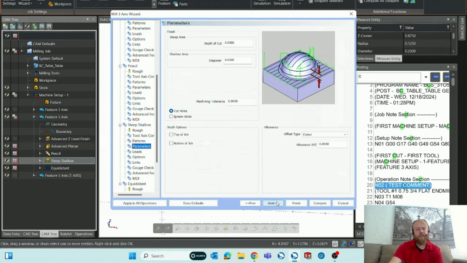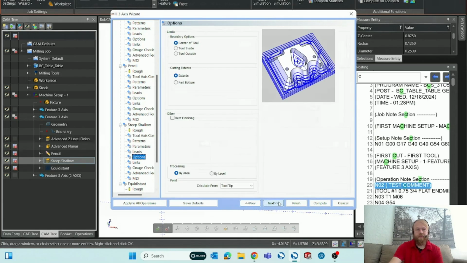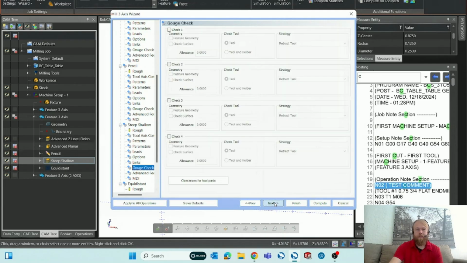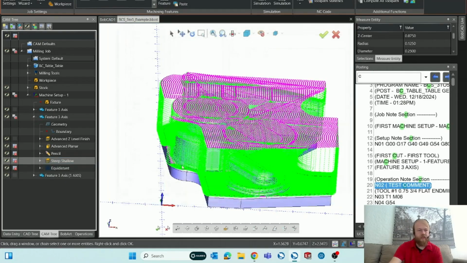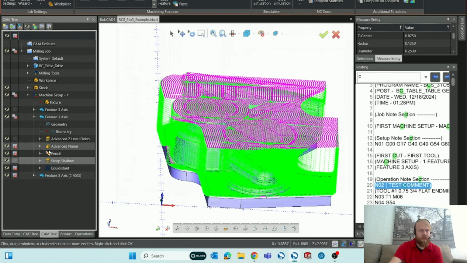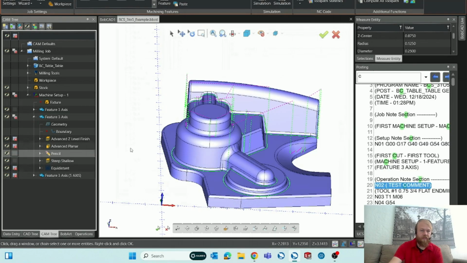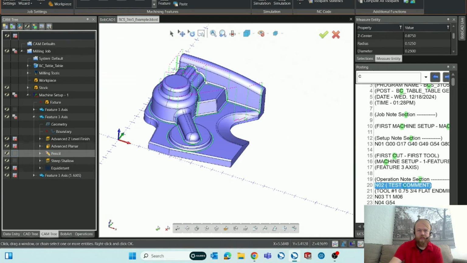And same kinds of options as any other finish operation. You set your depth of cut, your step over amount, how you're entering into the stock. You have a rest machining option here, linking for each step over, gauge check page, advanced feed rates, and MDI page. So I'm going to turn everything off. I think the steep shallow should be the only one other than that, and the pencil toolpath you can see, I'll turn that on as well to follow along the fillets,